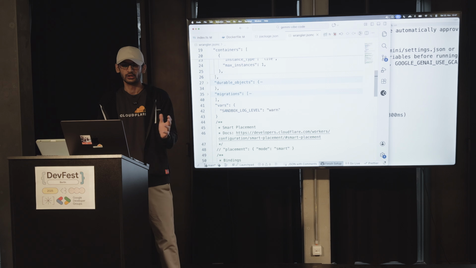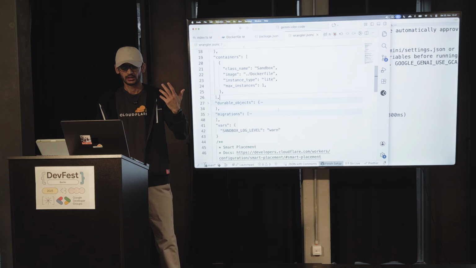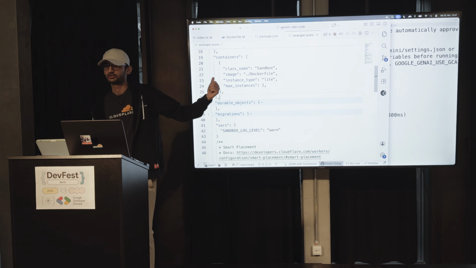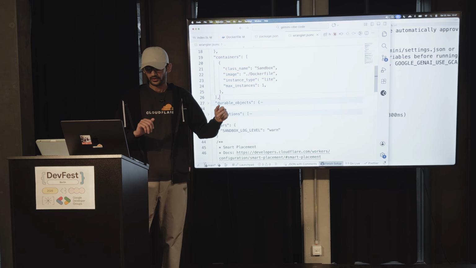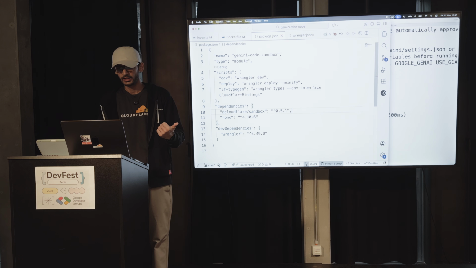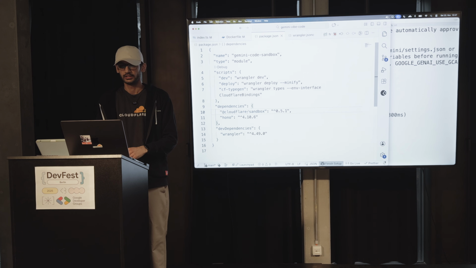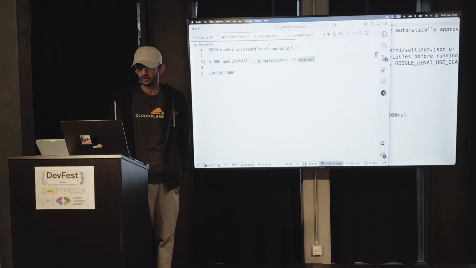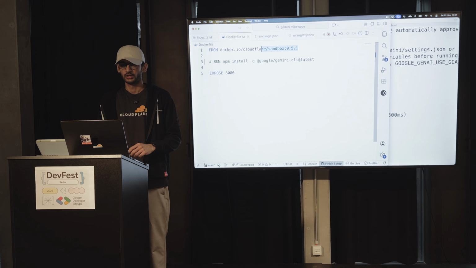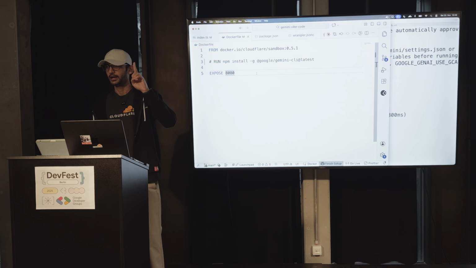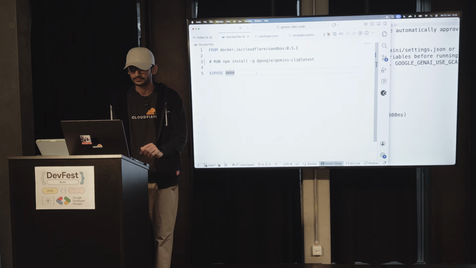And I'm also setting the log level to 1 because the default is the info log level, which would give you everything in here and also leak my Gemini API key, which I don't want to do over here. All right. One other thing I did before this talk was install the Sandbox SDK package. And lastly, this is my Docker file. Over here, I am using the Sandbox image, and I am exposing port 8080. And I am going to come to why I did that.